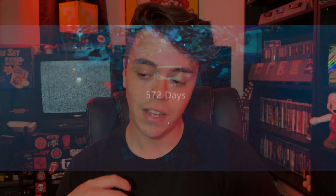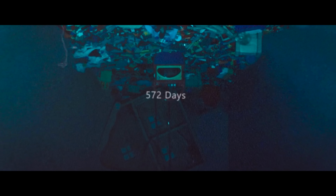Then towards the end of the movie, where things get the most interesting, there's a sequence of events that happen, starting with him turning upside down. The camera cuts off, comes back, and he's literally walking on the ceiling. So his whole world has literally shifted upside down, and I believe this is the beginning of the end for Kevin. Now on the screen it says 572 days, with a pile of his toys,